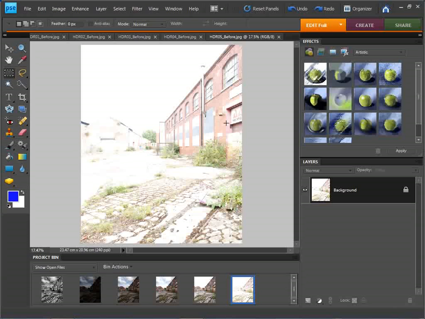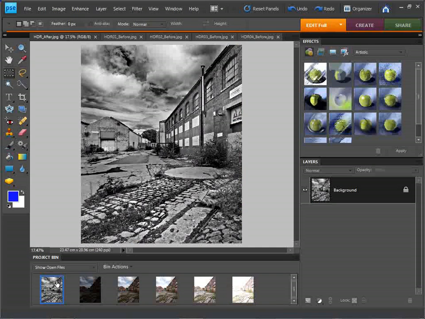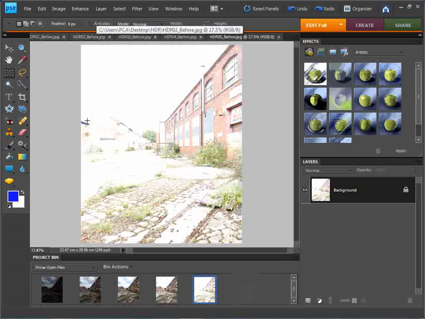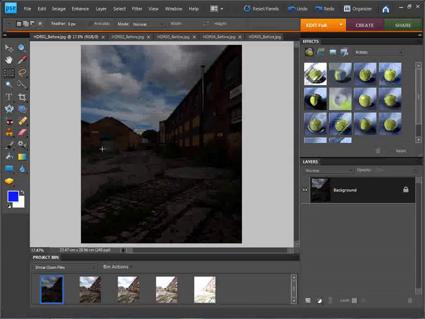So what we'll do is we'll get straight into it, and the first thing I need to do is just close down our black and white HDR after image. So I'll just close that down. After I've done that, I want to open up our 5 images that we're going to use for our HDR style picture. And once we've got those open and within the Photoshop Elements editor, we'll see those appear down here